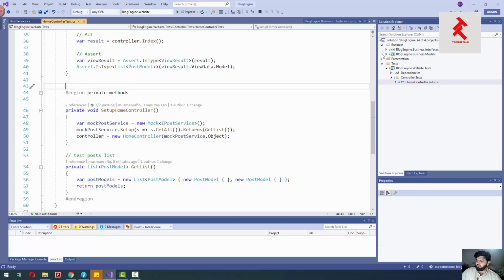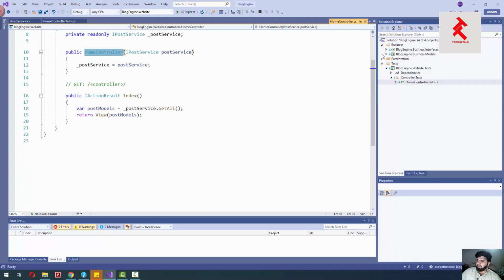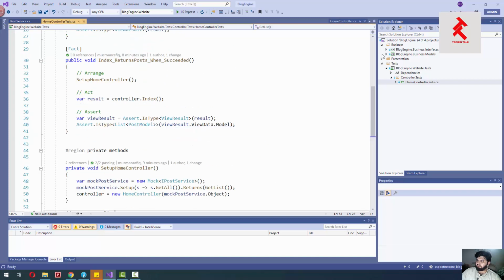If we go to the home controller, you can see that we call our service to get all the post models into a variable, and we pass that list of models into our views.